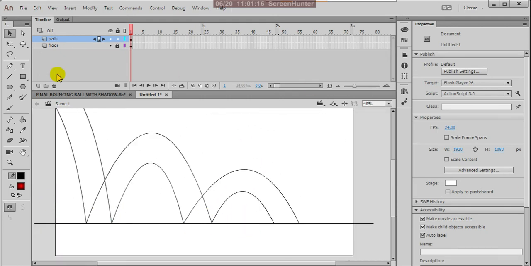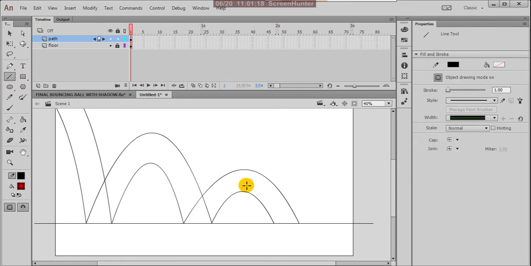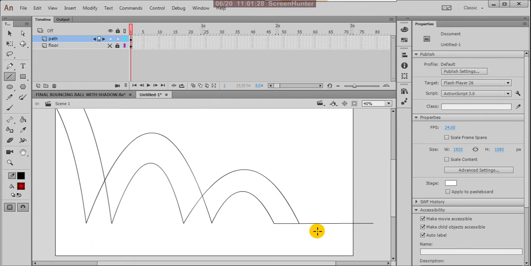Right, so again draw one line here, up to outside. And press V again, the main selection tool, and it is going outside.